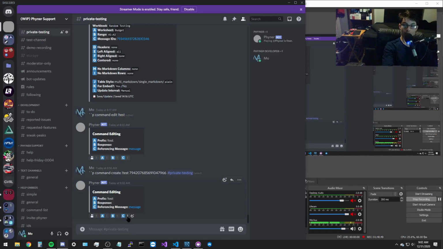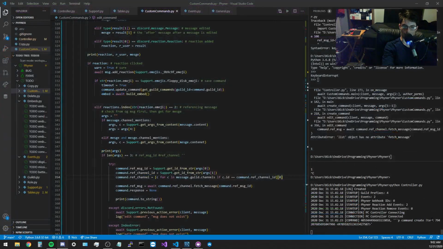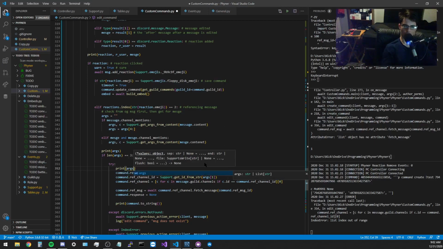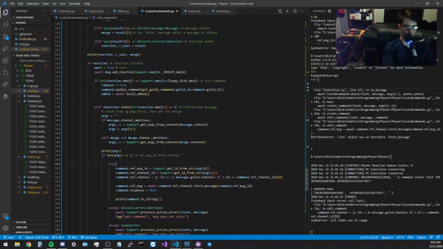Okay. And C. This index error. So C for channel message channels. If CID equals instrument 0, 1. That should be right though. Let's print the args. We already did print the args. 0, 1. See, look at. Oh, well, no. Oh, because